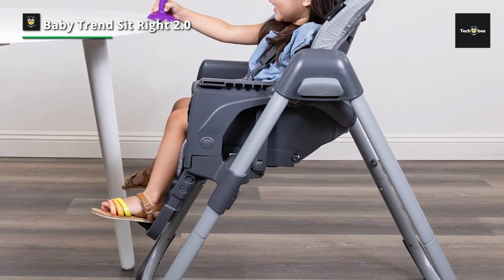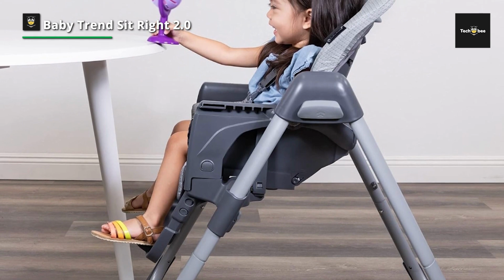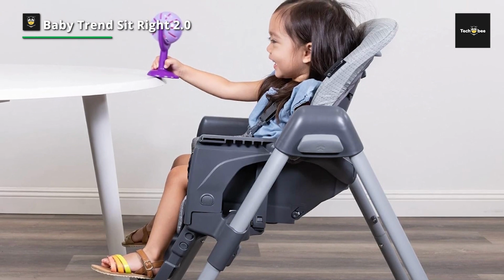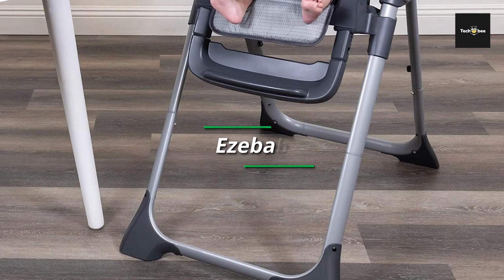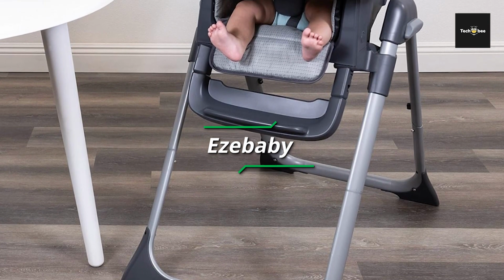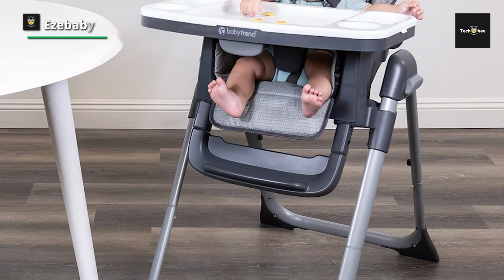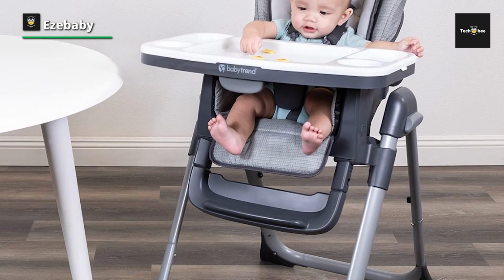The cozy gray color scheme adds a touch of modern elegance to your home while providing a cozy and inviting space for your little one. Experience the convenience and quality of the Baby Trend Sit Right 2.0 3-in-1 high chair and make mealtime memorable for the whole family. As a baby, properly adjusted high chairs facilitate an optimal elbow angle for writing, alongside providing comfortable